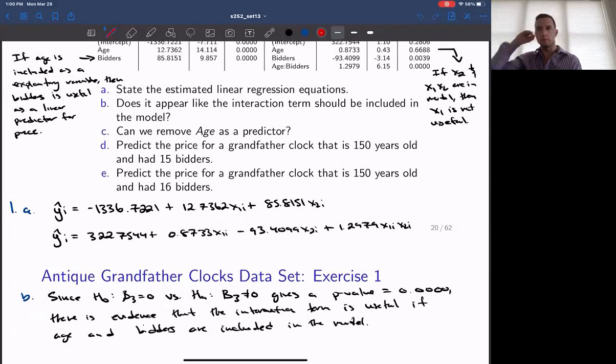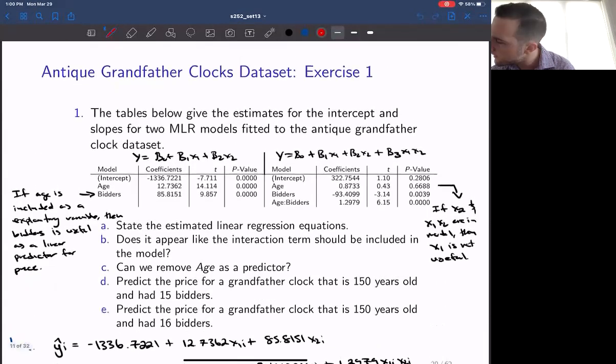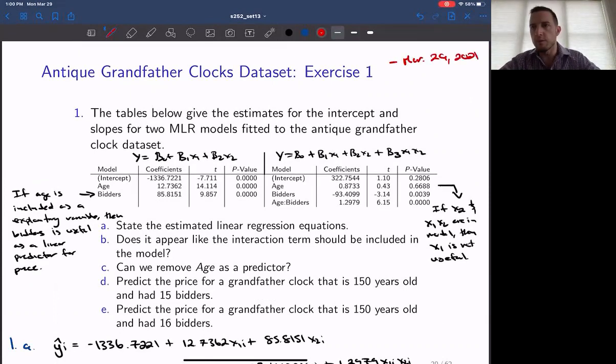Okay, so we are going to continue working through lecture set 13 today. Just going to date this, so this is the 29th. All right, so in lecture set 13, we are talking about linear regression analysis, but we have extended our study